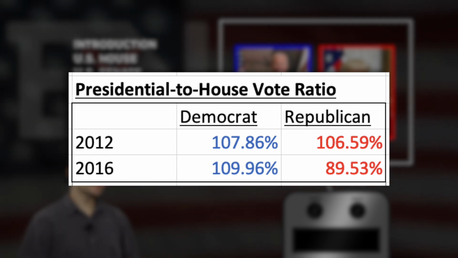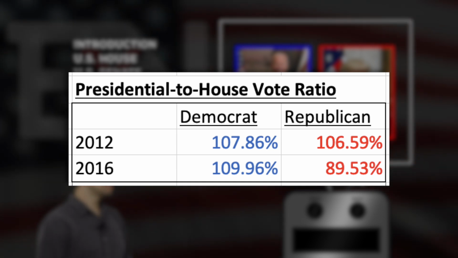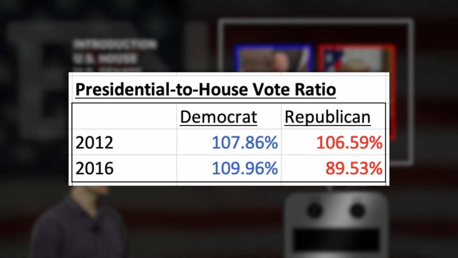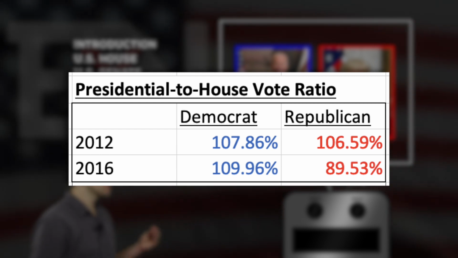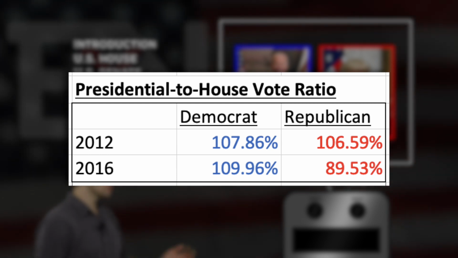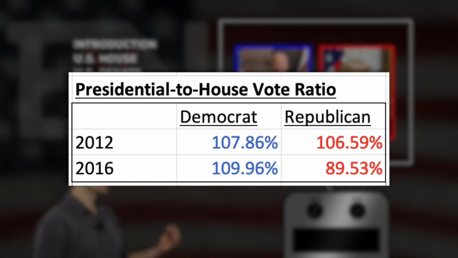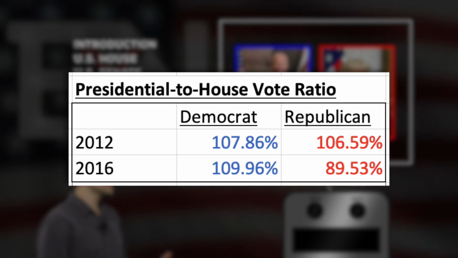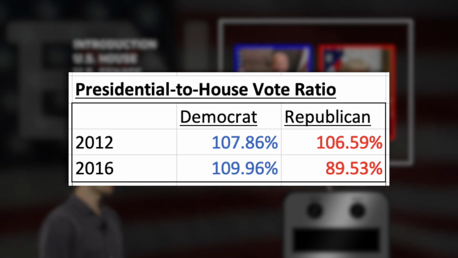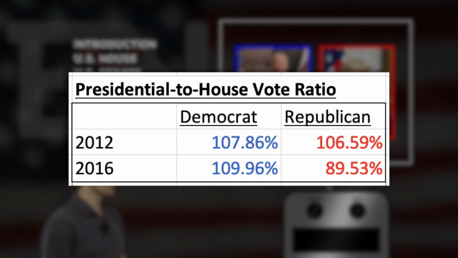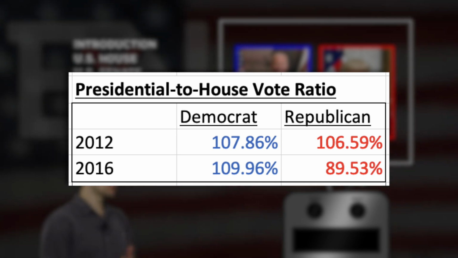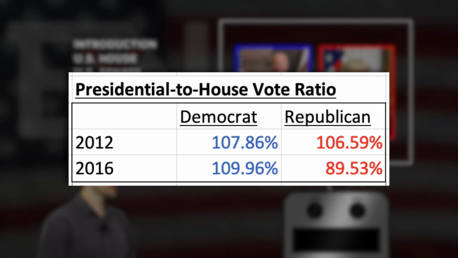So going into 2016, we may have seen voters from Illinois going for Republican House candidates while breaking to the left for Hillary Clinton for the presidency. That would explain the slight upward change for Democrats and the more significant downward change for Republicans. Looking at these, I would predict a pretty similar voter ratio for Democrats going into 2020, and maybe even possibly a slightly better voter ratio for Trump going into 2020 as well.